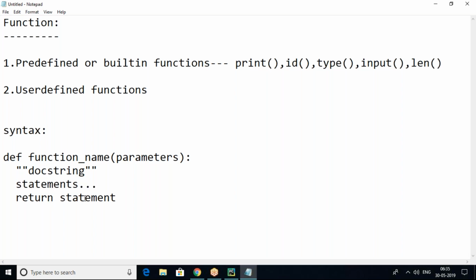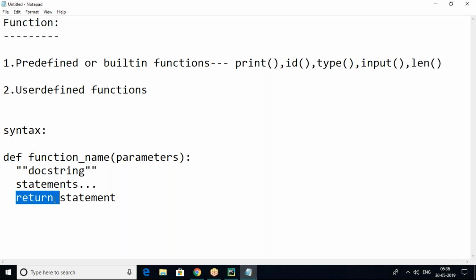Coming to the return statement, it is optional actually. Why a return statement? The return statement returns values from the function. Whenever we call the function, it will do some task. After completion of the task, the result will be returned to the calling place. For that purpose we use the return statement.